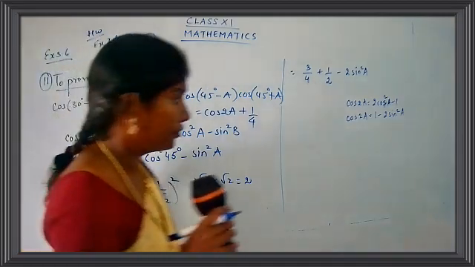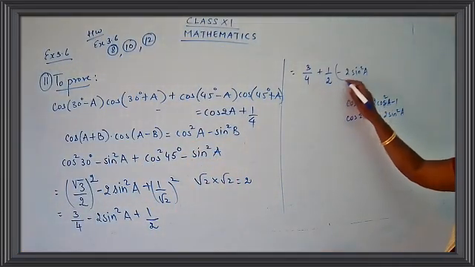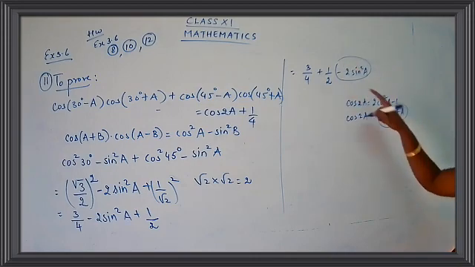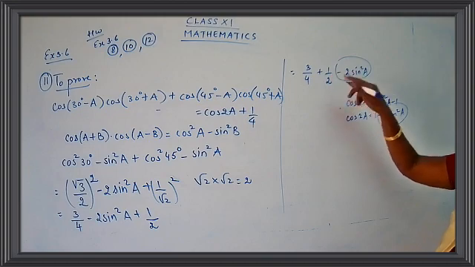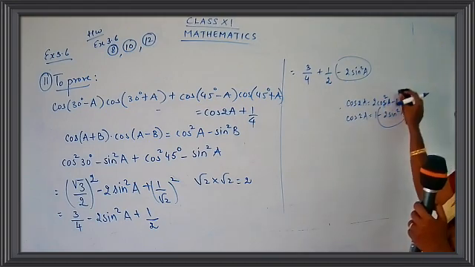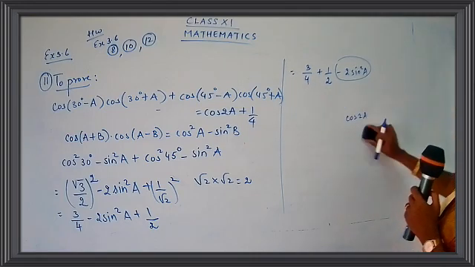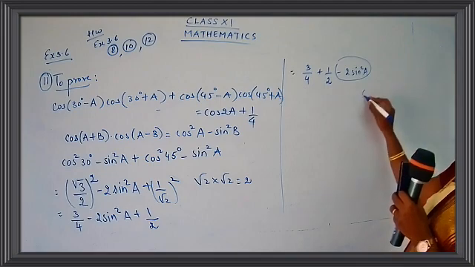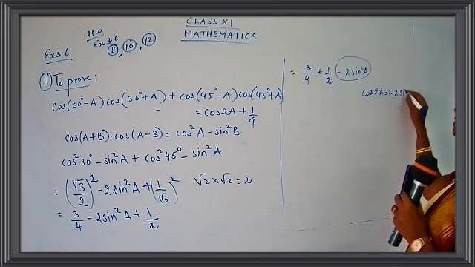So now what I am going to do is, I just want here minus 2 sine square A, which is already present. So this part is present. So I want here plus 1. We need here plus 1. So I am just going to bring here plus 1. So how am I going to bring here plus 1? You see here, I have just written the formula over here. We need this formula. I will mention over here. Cos of 2A is equal to 1 minus 2 sine square A.